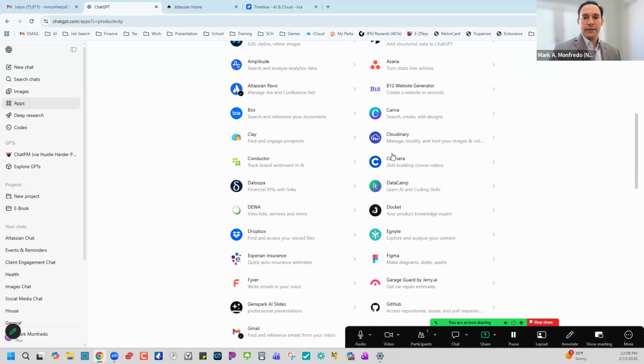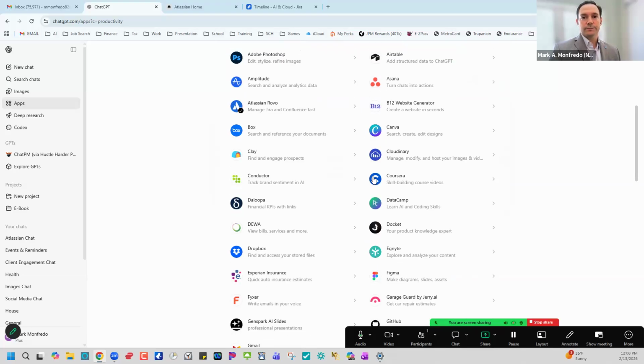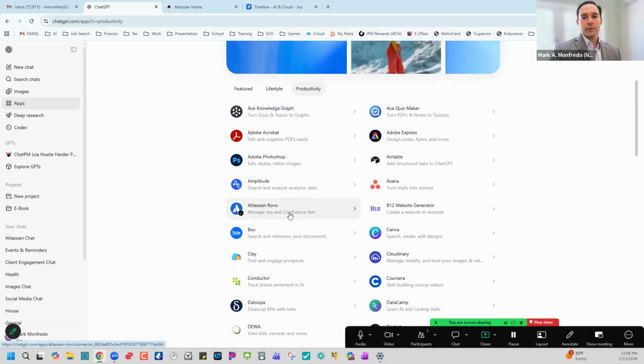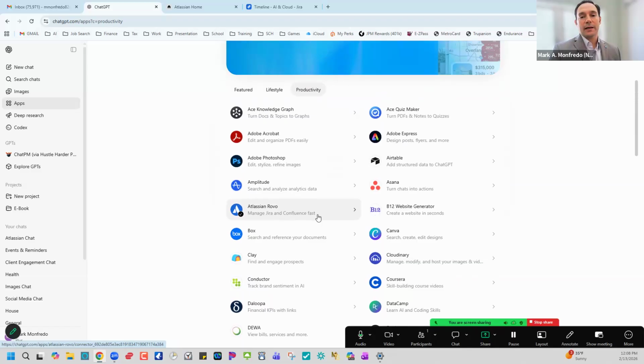So you see all these different things that you can connect to. And right here is the one we're talking about, Atlassian's Rovo. Obviously, Rovo is Jira's AI tool. And it gives you this green check mark or this black checkbox because it's saying it's already connected because I already connected it. So if you just click on here,